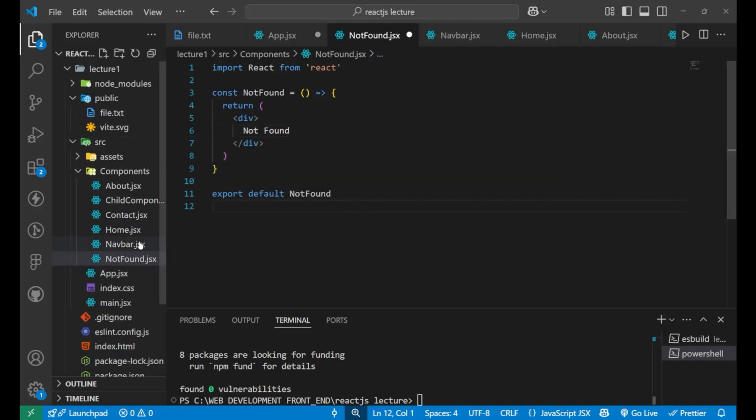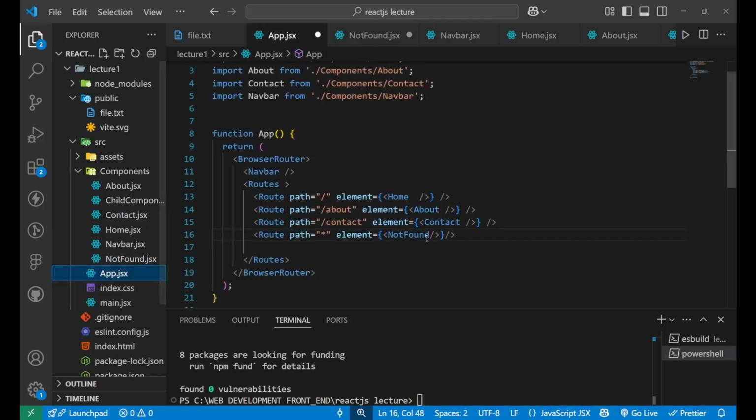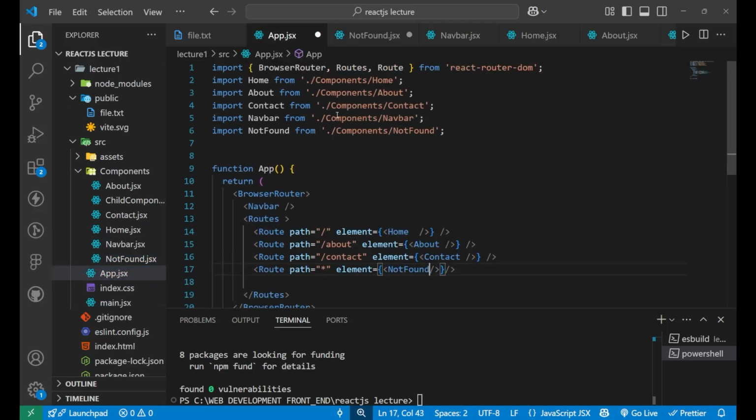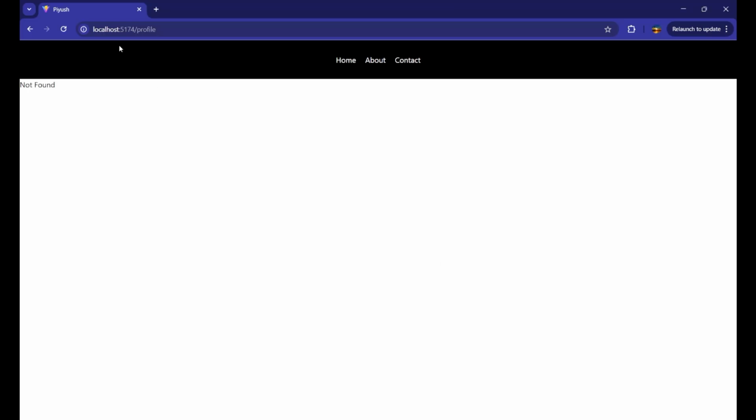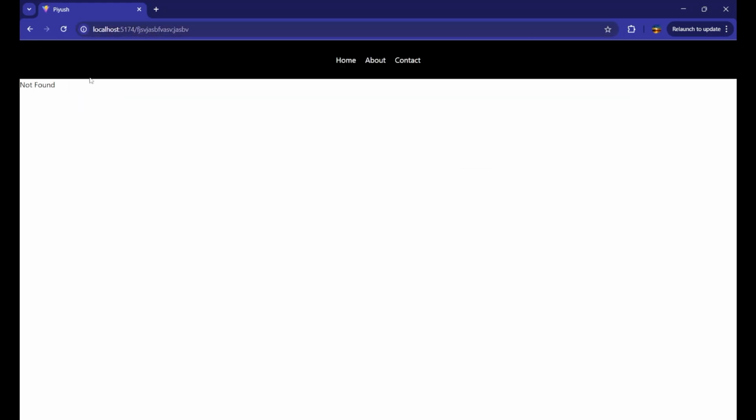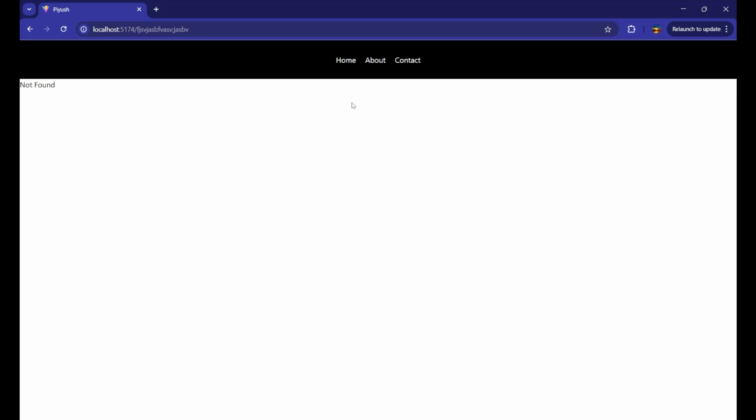So this is the page. Now let's import it in our App.jsx. As you can see here, we have imported the NotFound page. Now if I go to my website and enter any wrong URL and press enter, you can see I'm getting a not found page where Not Found is shown, right? I hope you get what I was trying to explain.